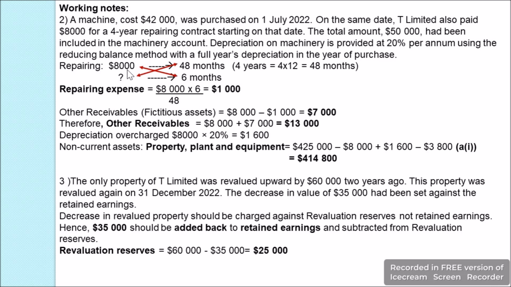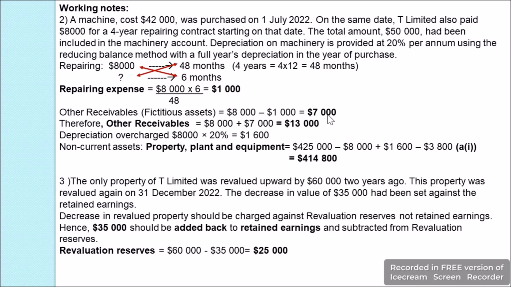So what we will do is, first we'll take 8,000. This is for 48 months, that is 4 years will be 48 months, and for 6 months how much? So when we cross multiply it, we get 8,000 times 6 divided by 48, which will be $1,000. So this will be charged against the retained earning, and the leftover, that is from 8,000, when we subtract 1,000,